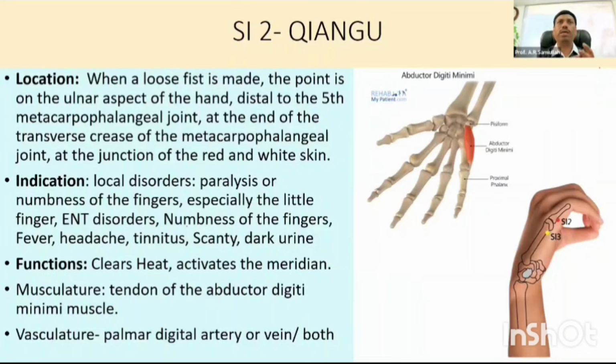But once you apply this point, you are applying to the lumbrical muscles. The lumbrical muscles are called the deepest muscles of the palm, the deepest muscles of the fingers, and that also supports releasing the spasticity because of the paralysis, and it also clears the heat. However, there is the adductor digiti minimi. These muscles are called the tendon of the abductor. This is an adductor. This is an abductor muscle, called the abductor muscle of the digiti minimi.